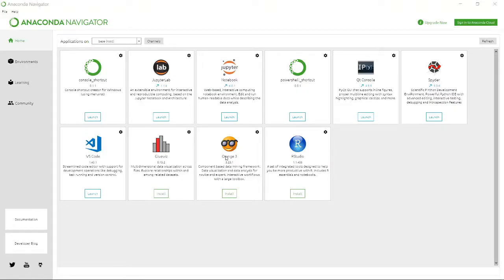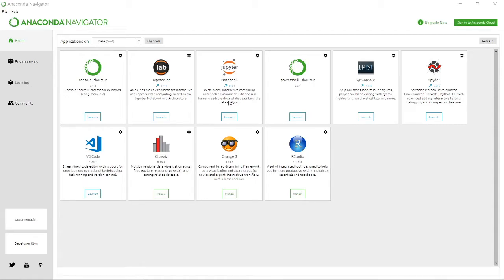Eventually you will see something like this, which consists of different development environments. As you can see here, there are many different environments like VS Code, GlueViz, Orange 3, RStudio, and it also consists of Jupyter Notebooks, which is our main integrated development environment for Python.